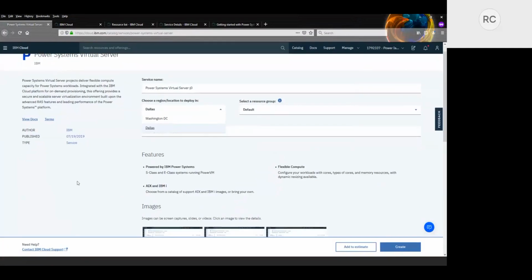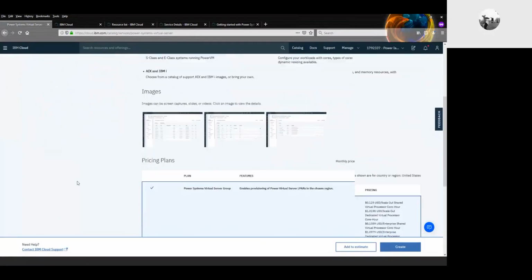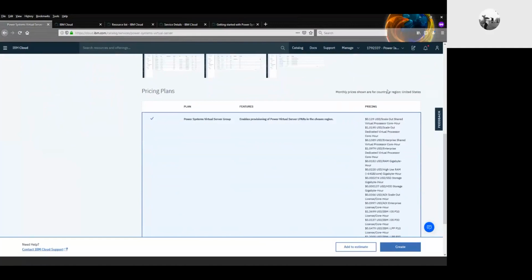So here on this page, you get a little bit of marketing fluff that tells you about the service, but more importantly over here is pricing. We did include a chart on pricing, but that's just a snapshot. Things may change over time as we add more capacity, as we add different configurations. For example, right now, we have the